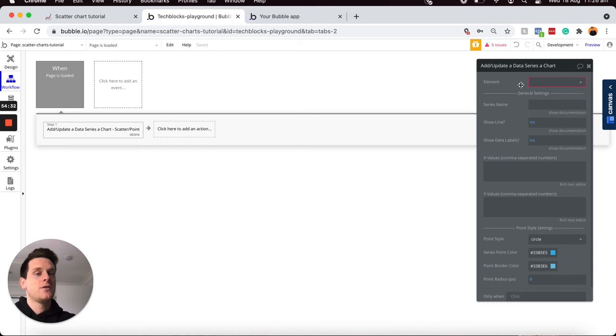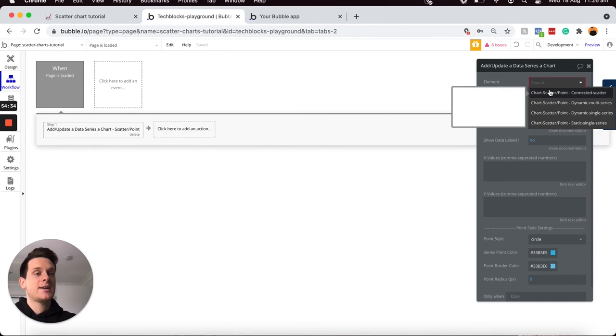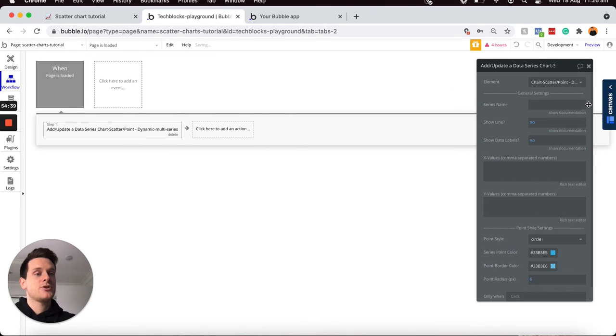Then what I'll need to do, of course, is choose which chart I'd like to load this data into. And this will be our dynamic multi-series chart that we just copy and pasted into our page. And then much the same as the data source for our dynamic single series chart, I'll need to search through our database for all of the property data and display the square footage on our x-axis and the property price on our y-axis. But before I do that, I'm going to need to identify a series name for each unique